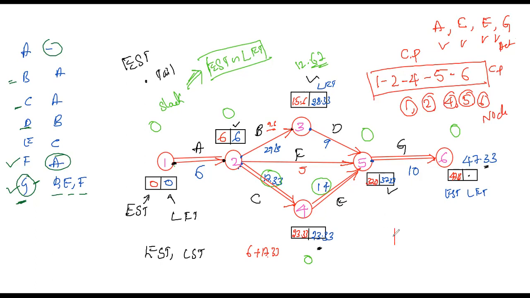If they ask for the expected project duration, what is the expected completion duration of the project? It is only this, 47. The expected project duration, the complete duration, will be 47.33 units. If they are given in days or weeks, whatever is given is not a problem. In this case they have not mentioned anything, so these are weeks. So this is 47.33 weeks, the expected time. And there is one more, the last one.